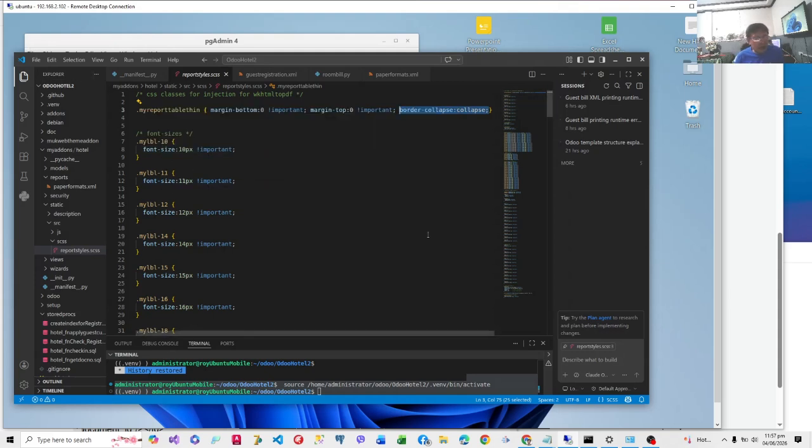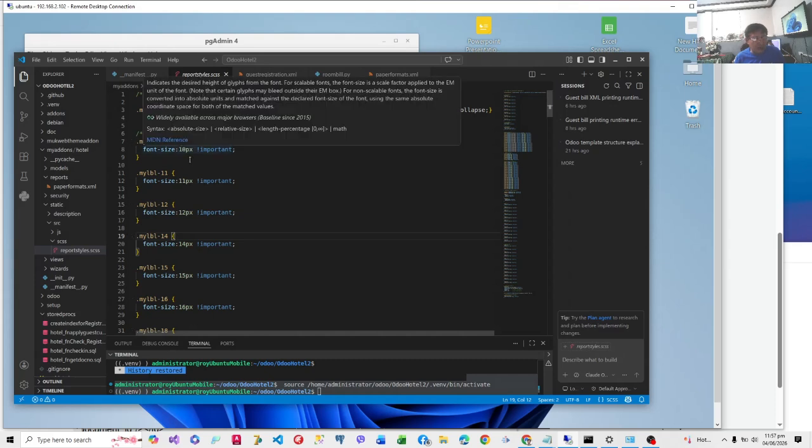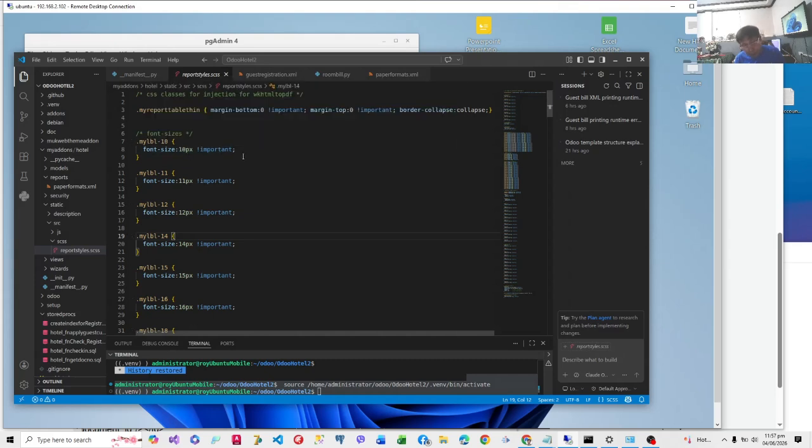And then our default sizes, so that we don't have to use the style tag. We'll just make classes. So we have to be familiar with CSS here. I presume you already know. So we have my-lbl-10. The font size is 10px. We'll have to put important so that when it's changed, this will still prevail. When you tag a property important, this will always prevail. If there are several of those which are important, the last important is the most important.